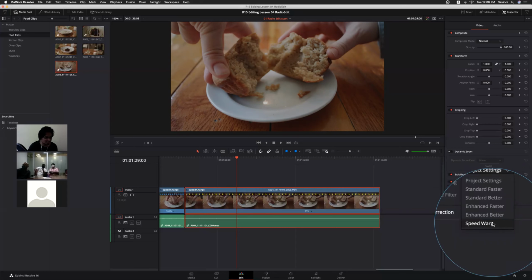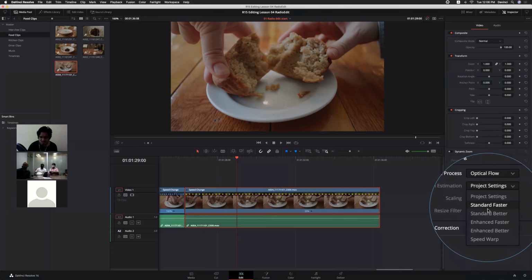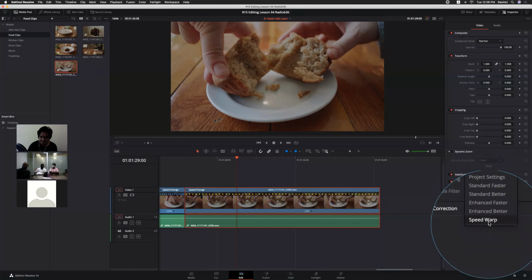It will try to push all the options, but it is based on your machine hardware setup. If you want to compromise on smoothness, you can use these two options: standard faster, standard better. If you want a better one, select speed warp. Here I am selecting speed warp.